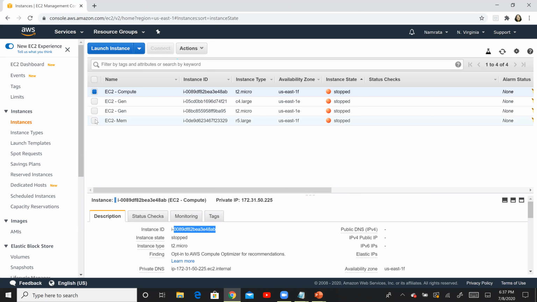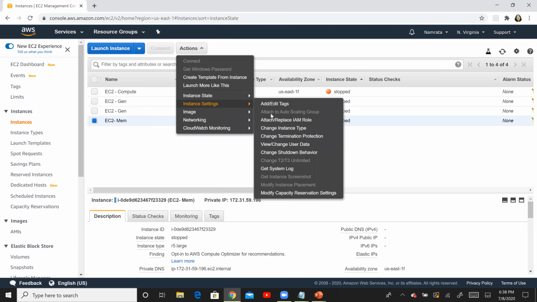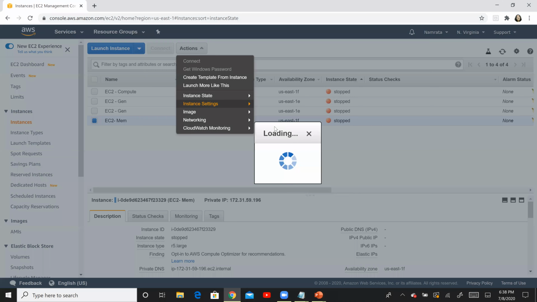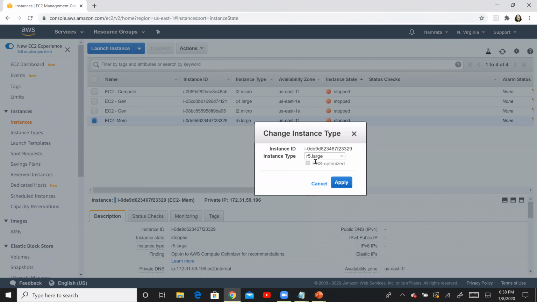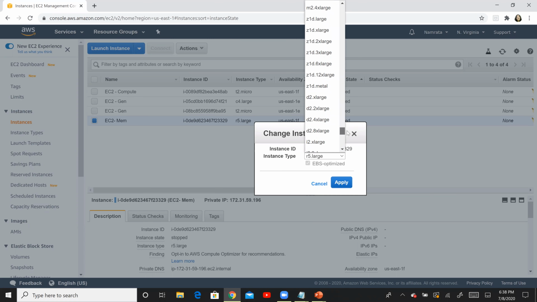Similarly, we have this EC2, which is a memory optimized instance, right? And let's see what all options we get for this, right? So instance settings, change instance type. You see this is EBS optimized. And let's say if I want to change this, I don't know, what should we change this to? Maybe change it to something else, I guess. Let's say I'll probably change it to,